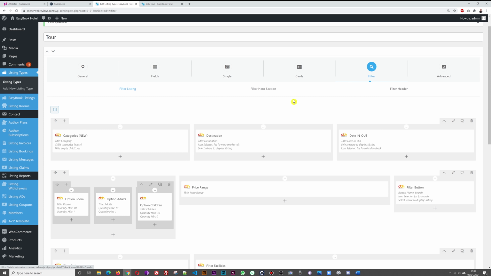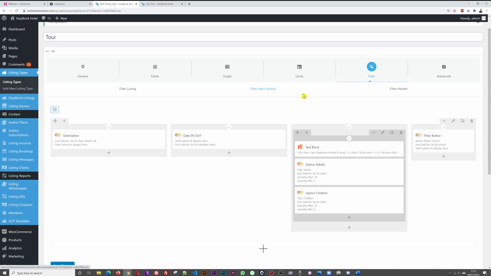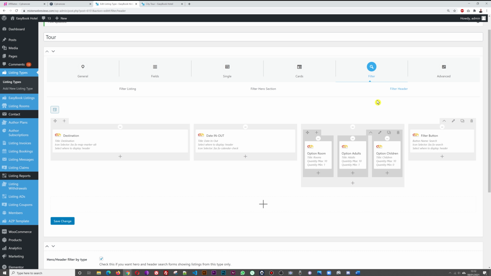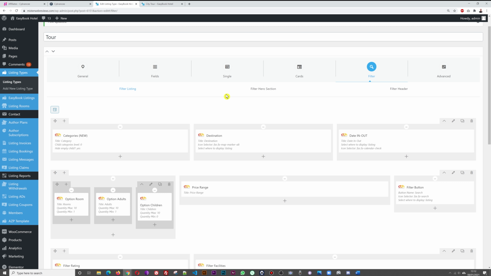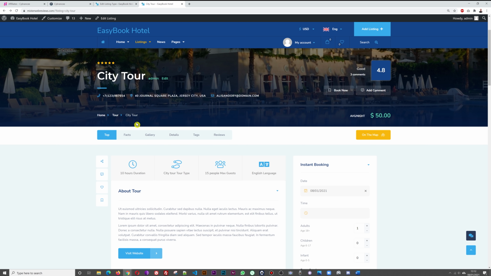So just click on this. So this is the filter for our listing. You can have the filter for the hero section and the filter that goes onto your header. So the one in the listing, let me show you now. If you go back here, so we are here in the city tour. So we can see here city tour, and it's part of the tour. So if we go back to the main tour listing page,